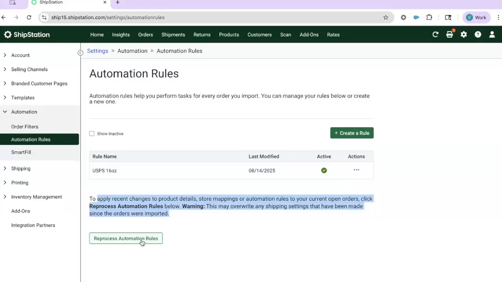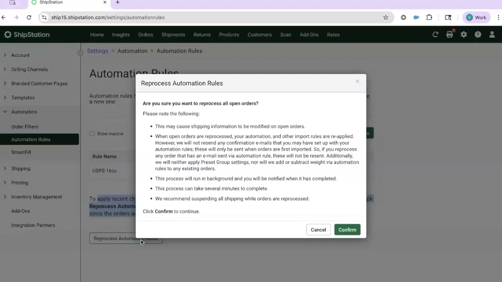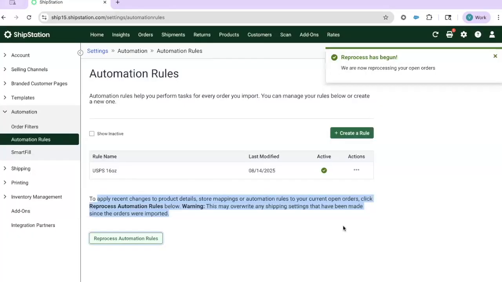Say I manually selected a priority service for an order that was 12 ounces. Once I reprocess this rule, it's going to make changes to that. So as a warning, and we have that warning here, but for this example, I'm going to go ahead and continue with my reprocessing so we can see it in action. Going to give it a refresh,